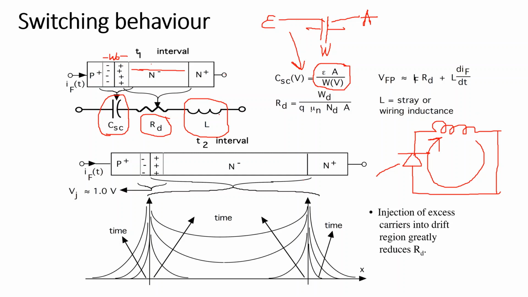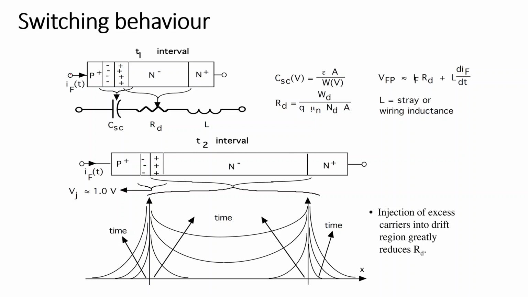Then the circuit will have this much inductance. Okay, and then there is also the inductance of the connecting wires, so all of those inductances are incorporated in the inductance shown here. Now what happens to this capacitance when the diode is reverse biased? So let us say we reverse bias this diode.